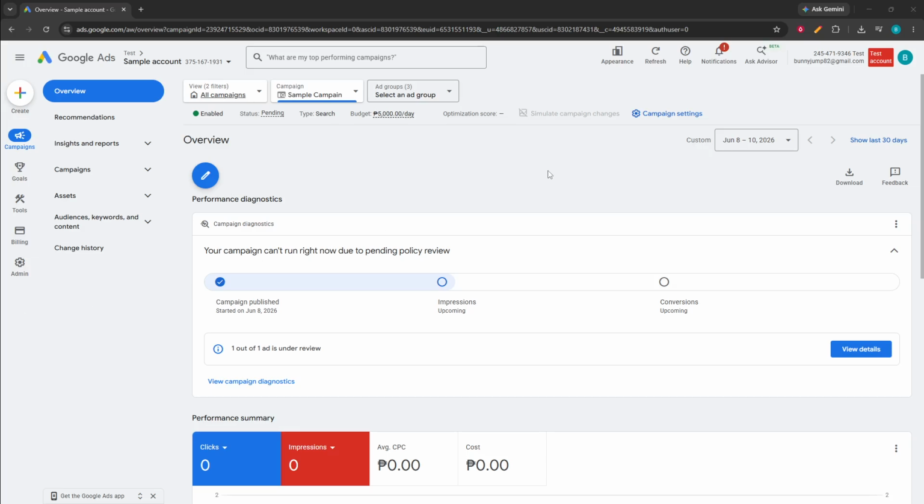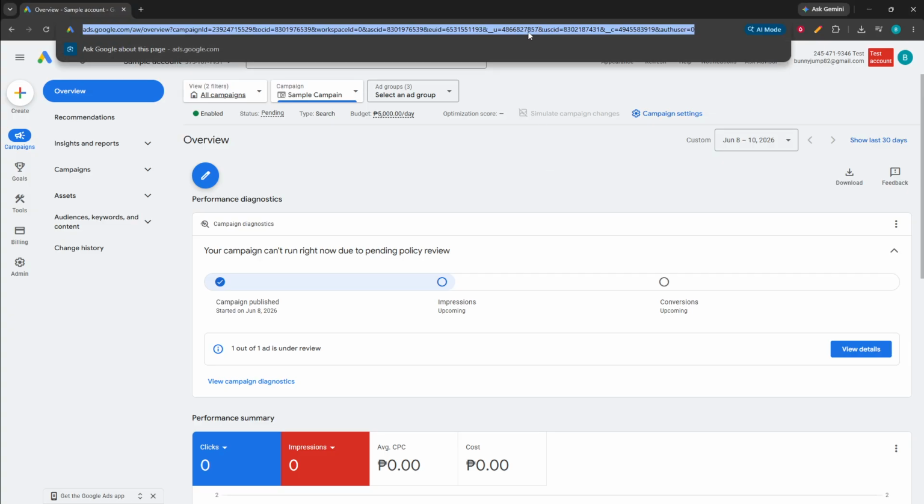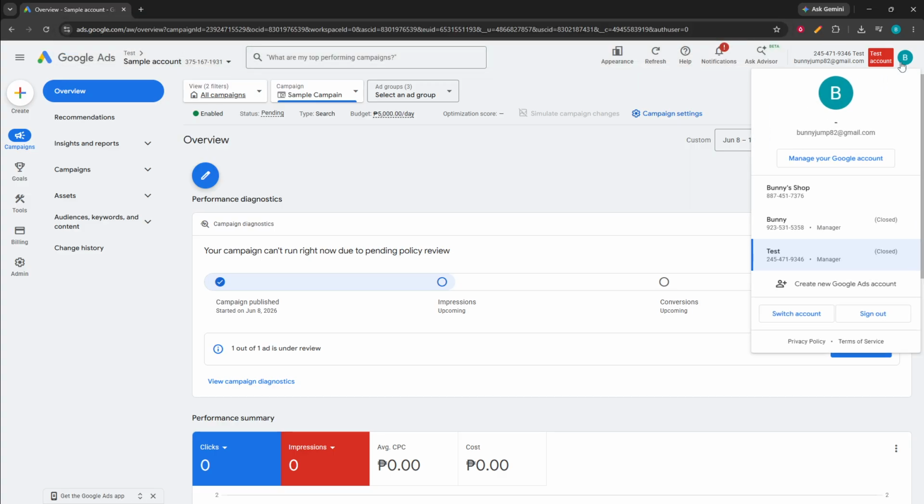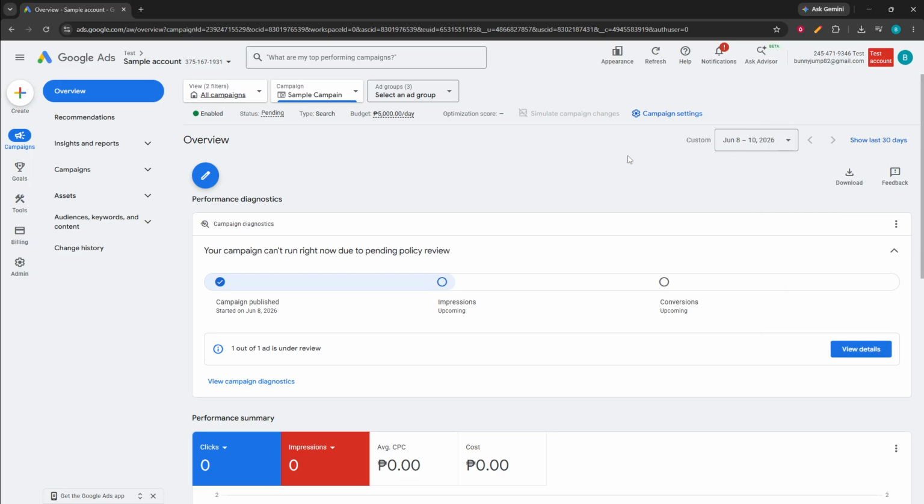In today's video, I'm going to teach you how to link Google Ads with YouTube. To get started, open your web browser and go to Google Ads. Once you're there, sign into your Google Ads account and make sure you're using the account that should be connected to your YouTube channel. After signing in, give the dashboard a moment to fully load so everything appears correctly before